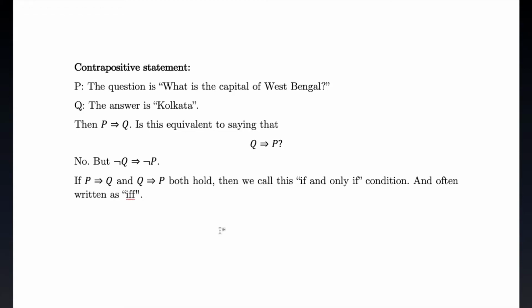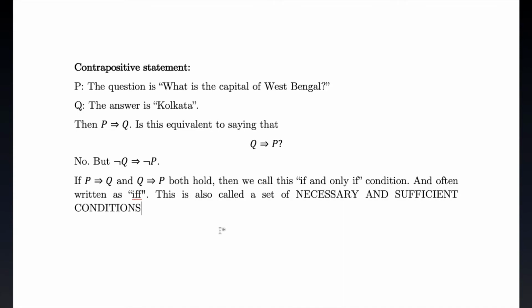Now this is also called a set of necessary and sufficient conditions. In short, we write this as NASC, necessary and sufficient condition. The sufficient condition is this one, P implies Q. So if Q is my conclusion I want to make, and P is the condition for that,